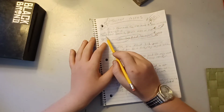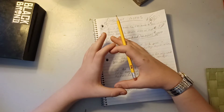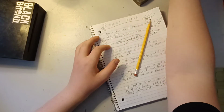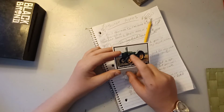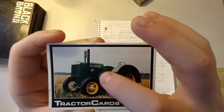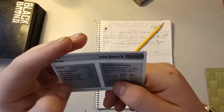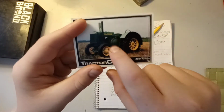But anyways, these John Deere Bs, they're the two cylinders. They've got pistons that are about that big around. They're pretty big pistons. And they're two cylinders. Here, I'll show you one, but this is a Model D. You guys have seen it before. This is a Model D, little bigger motor. This is one of their earlier designs with a bigger flywheel. This is a 1934. So this has got a little bigger motor, but for the John Deere Bs, they kind of